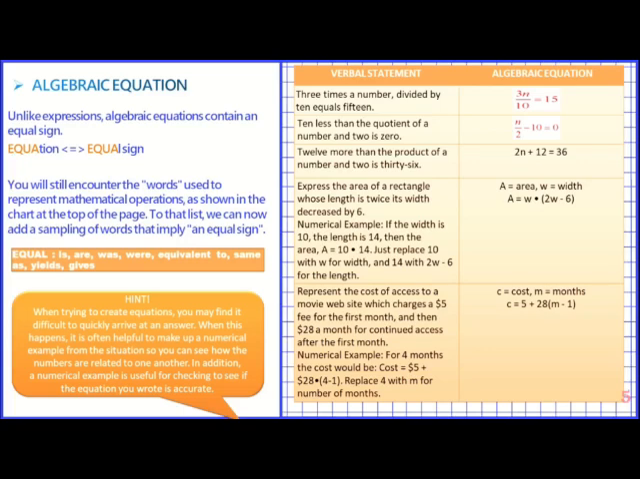And the third, in verbal statement, there are 12 more than the product of a number and 2 is 36. In algebraic equation is 2 times n plus 12 equal to 36. Next,